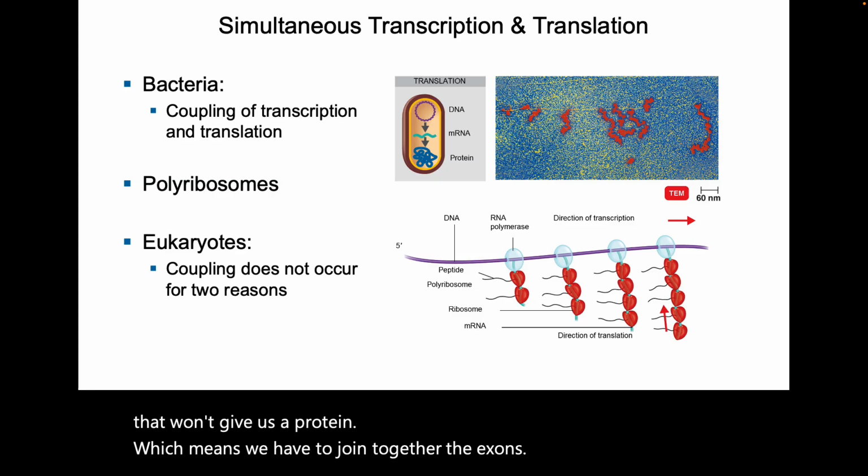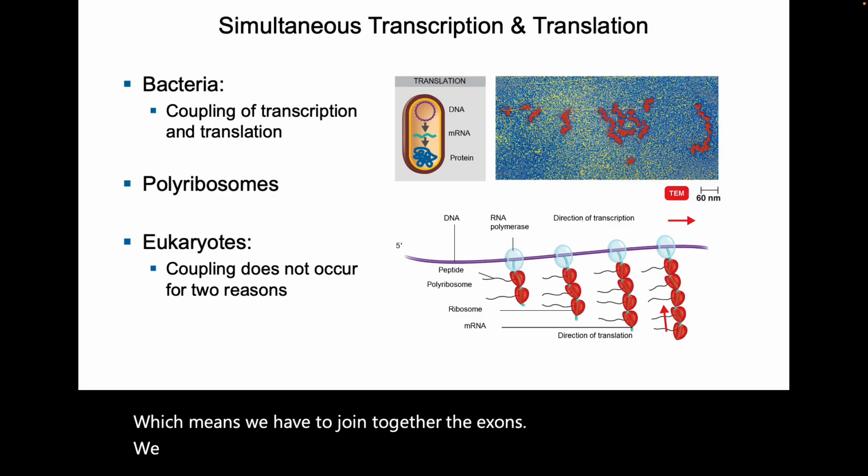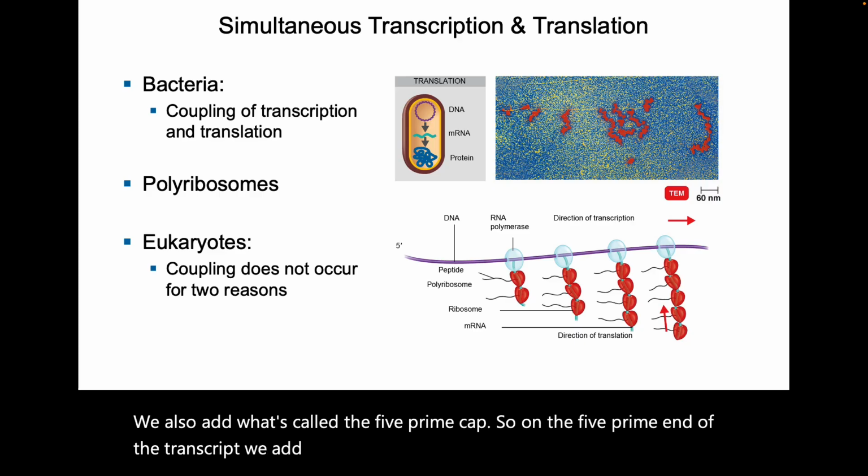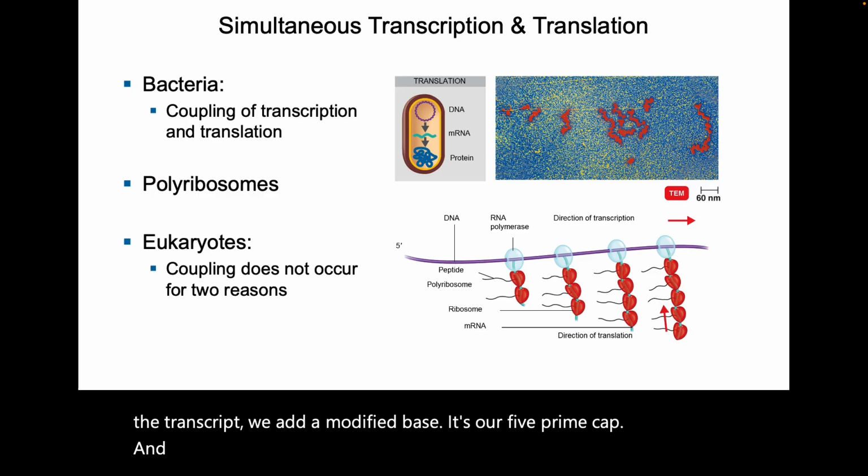We also add what's called the 5' cap. So on the 5' end of the transcript, we add a modified base. It's our 5' cap. And we add a 3' poly A tail. We add 100, 200 adenines at the very end